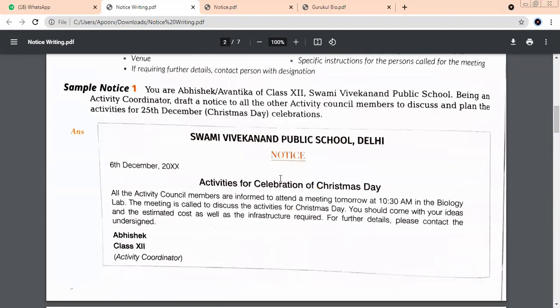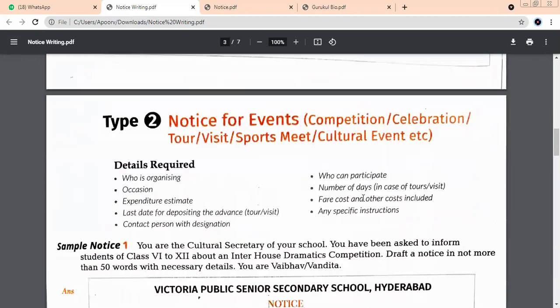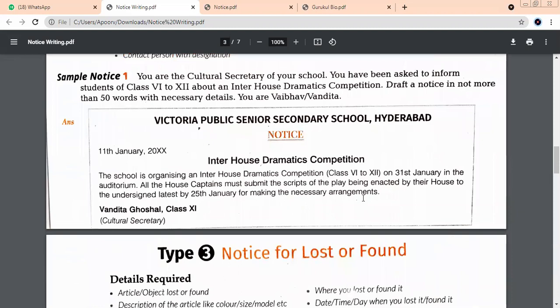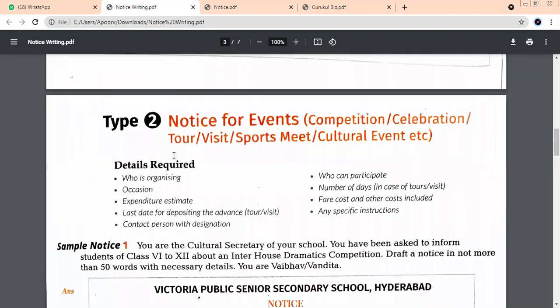Let me show it to you. Like here, for and of, you will not take F and O capital. But all other words, the first letter has to be capital. Is it clear for everyone? Yes, ma'am. So we'll have the name of the school, comma, name of the city, all in capitals. Notice, see this line, if you want, you make. If you don't want, don't make this line. It's not needed as such. Date is perfectly written. You can see TH is on the line. It is not written as a power. I keep reminding everybody the same thing. Just read it once quickly. This is type 2. Put on the second heading: type 2, notice for events.